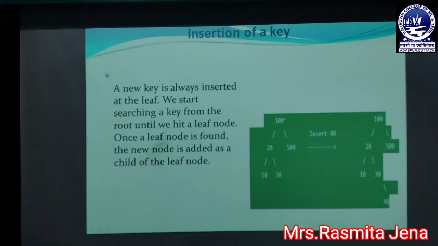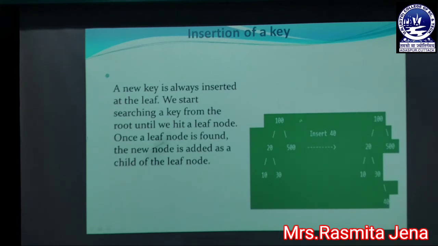You can see 40 is less than the root node, so we go to the left subtree. Again 40 is compared with 20, and as 40 is greater than 20, we go to the right subtree. There we find another key, 30. Comparing 40 with 30, 40 is greater than 30. As we are searching for a leaf node where we want to insert the new element 40, this is our required leaf node, so we can insert 40 as the right child of 30. You can see here 40 is inserted at the right of 30.